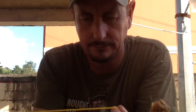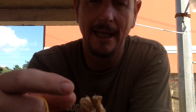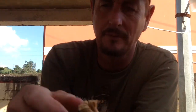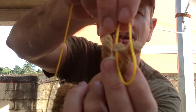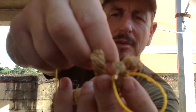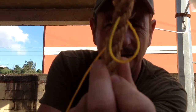You take a length that you're going to use for your whipping, and you make a loop with a short end and a long end. Meanwhile, you unlay very carefully the end of the line and slip the loop over one strand, and then the short piece and the long piece between the lay of another, and then you very carefully close it up, and I will do that and then I will show you. So you can see there that the loop emerges,